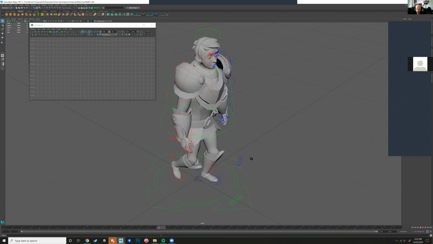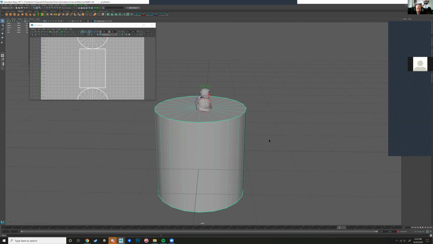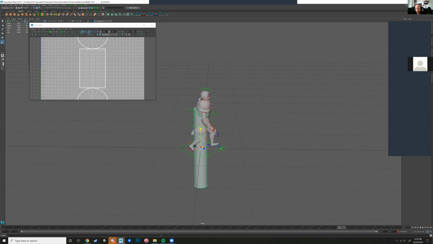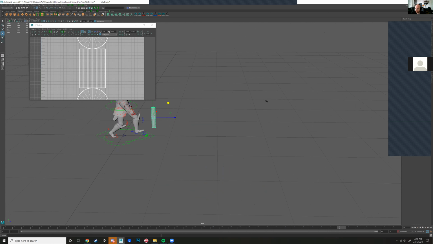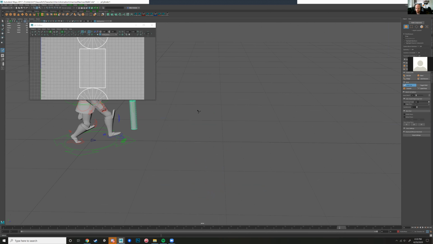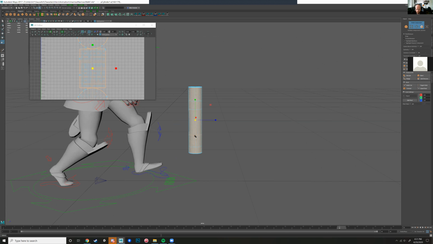and say we want this guy to have a club of some sort. So if I create a sphere, or not a sphere, a cylinder, and then just size this down, and let me drag this over to the other window, multi-cut, and yeah. So if I just give him some sort of simple club,